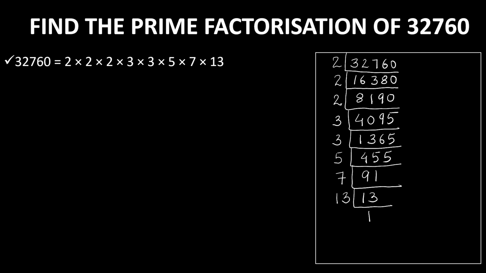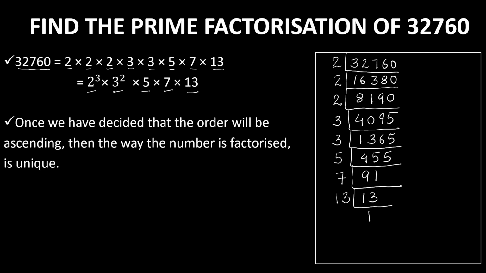So it will be written as 32,760 is equal to the product of all the prime factors, 2 into 2 into 2 into 3 into 3 into 5 into 7 into 30, which can be written as 2 cube into 3 square into 5 into 7 into 30. So once we have decided that the order will be ascending, then the way the number is factorized